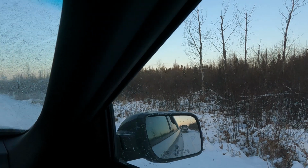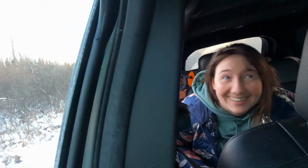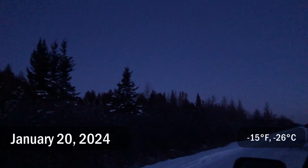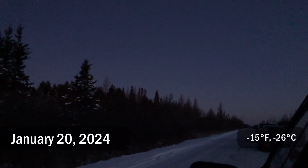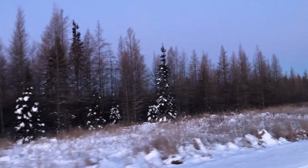We're gonna see a great gray owl. Eventually. Not yet. In the morning, we get back onto Admiral Road, and as we're driving along, we eventually hit